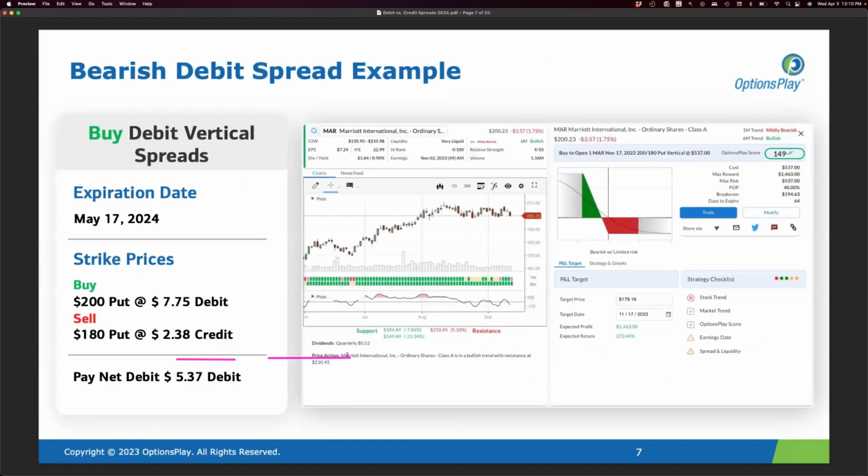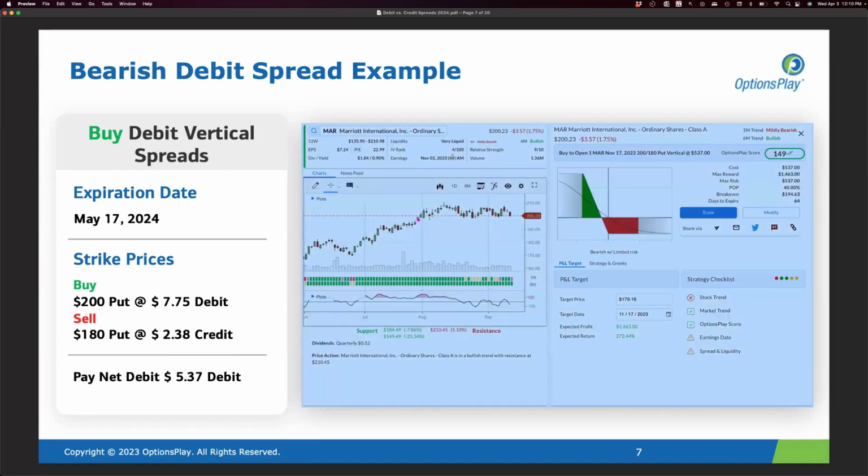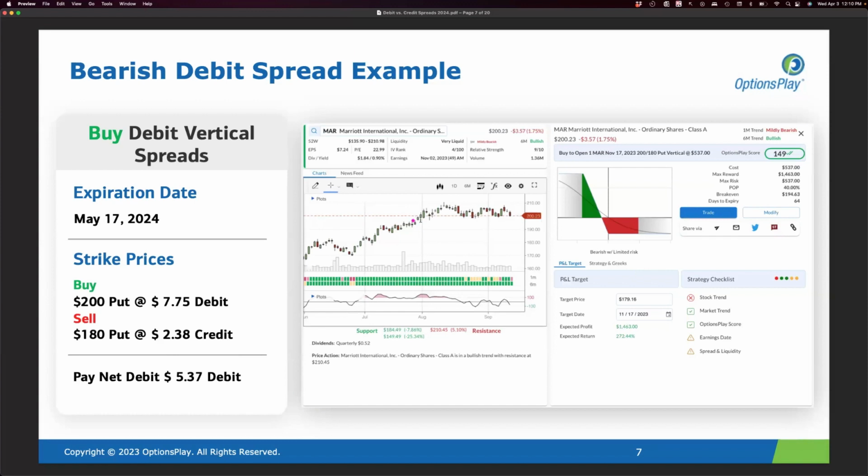Okay, so let's look at an example here. I'm going to use this Marriott example. Let's say the stock has been rallying for quite some time and has started to stall. It's trading sideways now, and you're concerned that this stock is going to break below this $200 support level, and you think perhaps it's going to tumble quickly into the 180s, potentially even into the 170s. So let's say we go out to the May 17th expiration and we look at buying a $200